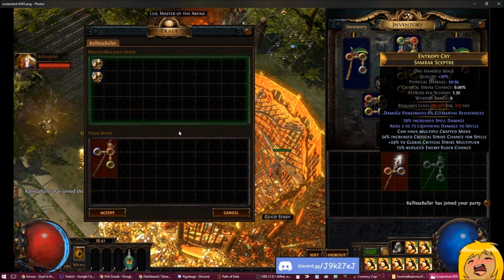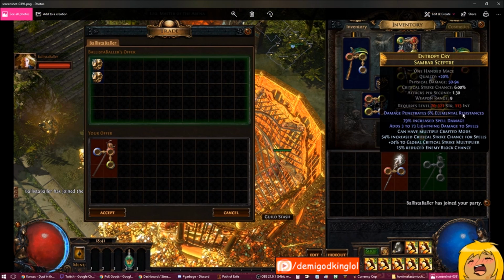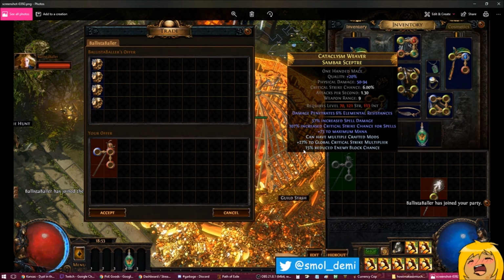Oh, these are weird. This is the same person in these two screenshots. I was like, what am I looking at here? So I crafted these scepters myself for PvP, sorry. They have damage penetrates resistances, and they have a ton of spell damage, added damage to spells, crit multi, reduced enemy block chance, which is how you know it's a PvP weapon. Because if you dual wield these, you get 12% global pen, and you get negative 30% reduced block chance. So if you're fighting against a character with 75-75 block, they become 40-40 block, which means they're a lot easier